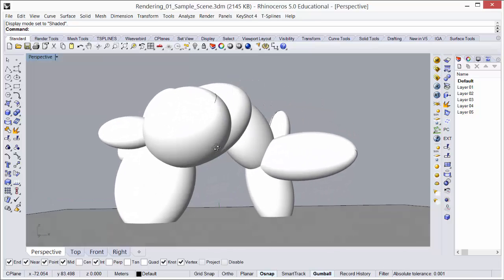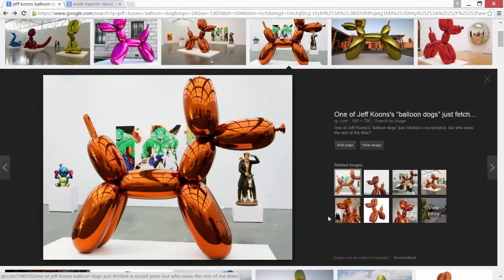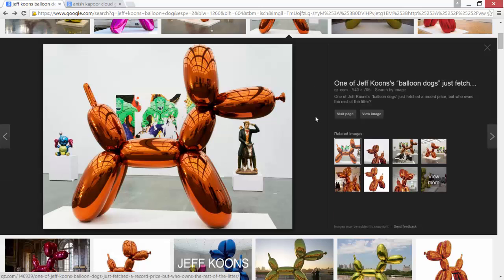You'll probably want something more diverse for the scenes that you're doing for your assignments. However, this geometry should help us preview material settings, and we'll do that in a different video. The geometry that I'm using is really inspired by several sculptures, a series by the artist Jeff Koons, called Balloon Dogs, and